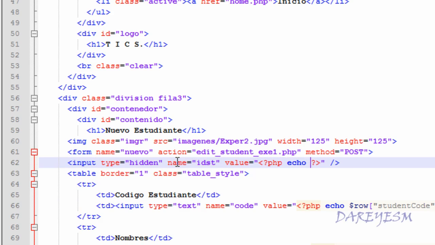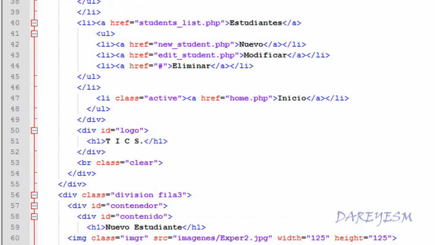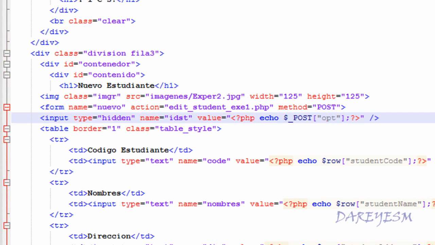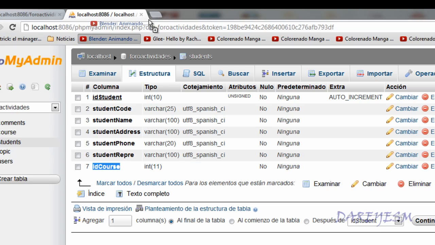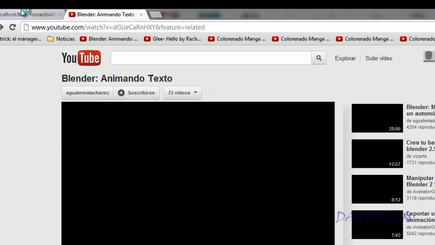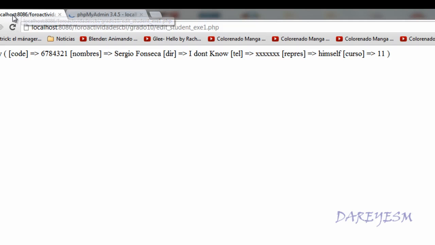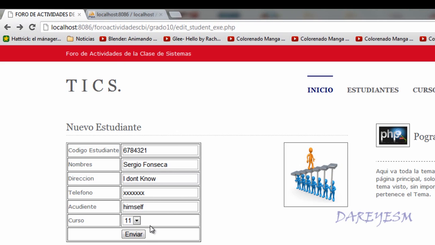PHP echo post. The ID is gonna be this one too. Okay, in this part we have all the ID with this line. Okay, I'm going to go to this file, and we're going to do a go back. Okay, for example,